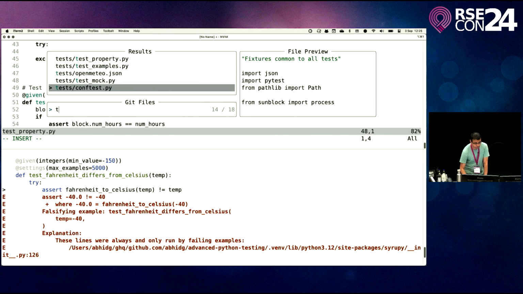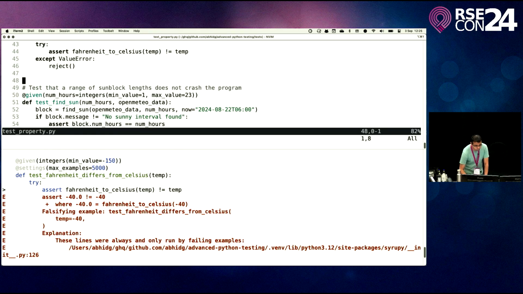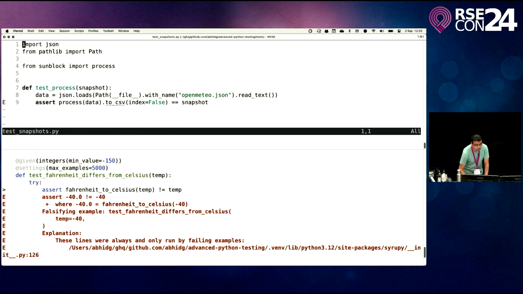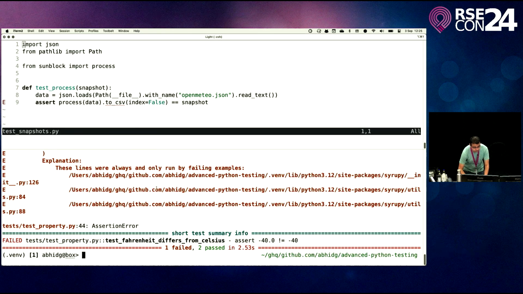And now if I go to the snapshot example. Okay, that's just 2 lines. Yeah, it's very short. I read the data, process it, dump it to your CSV, and look at the snapshot. So if I do that and run snapshots,